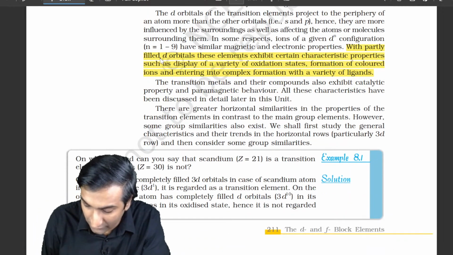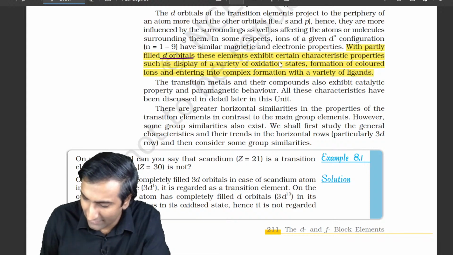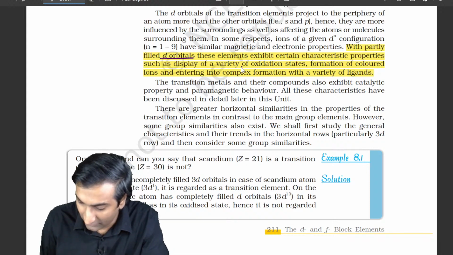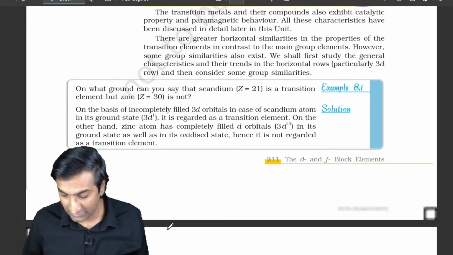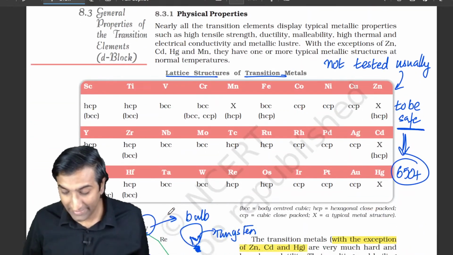Most of the properties are because of partially filled d orbitals. Yeah, and they have weird properties like a lot of oxidation states, colored compounds, ligands. The whole idea of coordination compounds is because of this itself. The next idea,